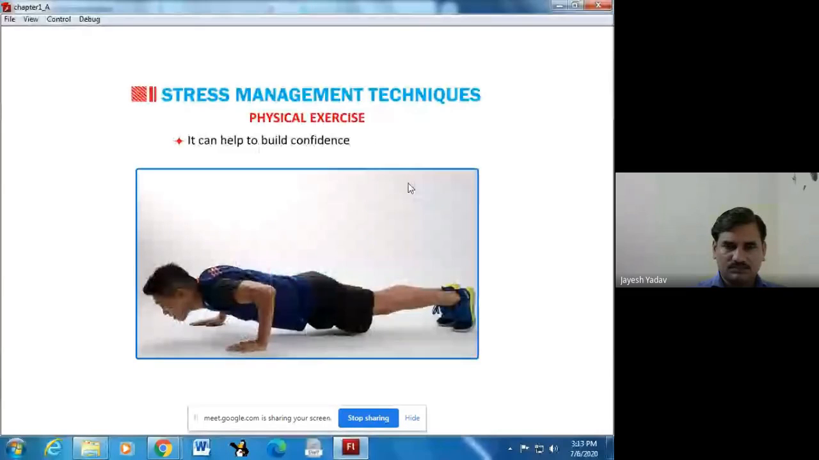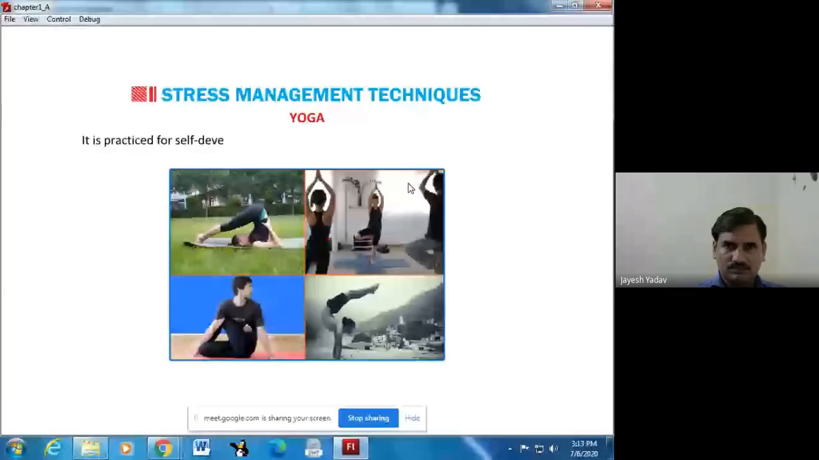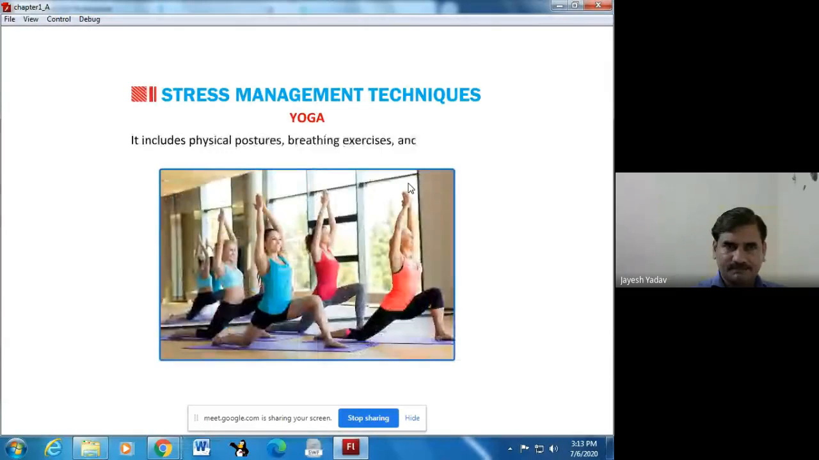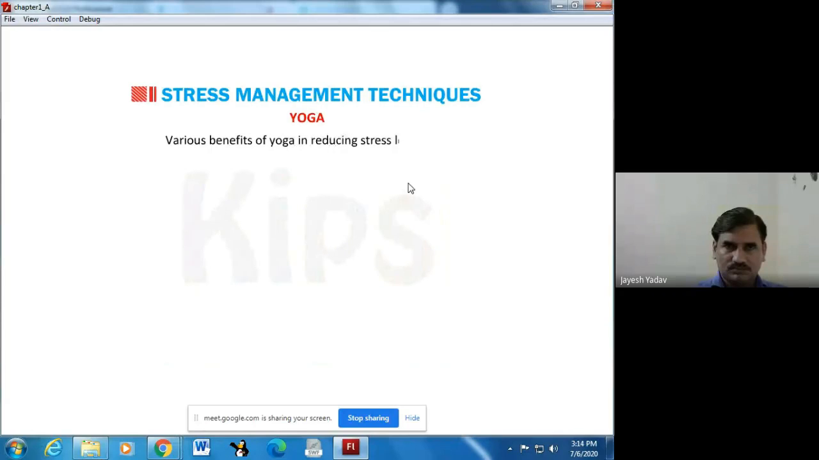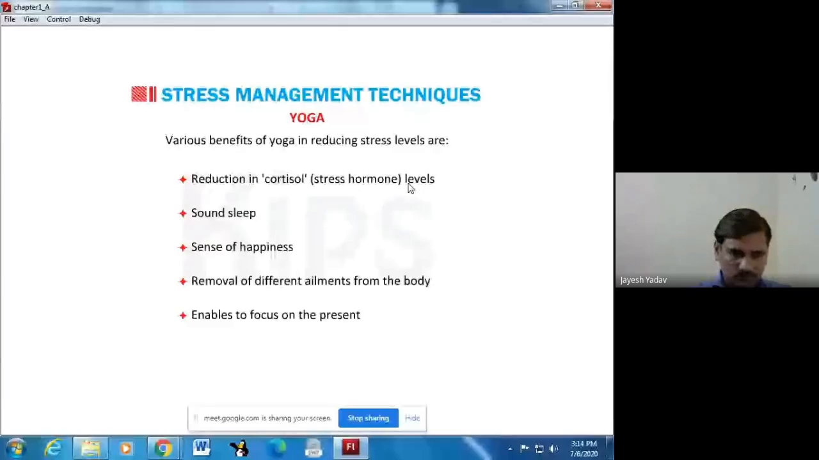Yoga. Yoga is considered to be the finest legacy of the Indian culture. It is practiced for self-development, enlightenment of the soul, and spiritual growth. It includes physical postures, breathing exercises, and meditation. It has been proven that yoga helps in relieving stress and uplifting one's mood. Various benefits of yoga in reducing stress levels are reduction in cortisol, stress hormone levels, sound sleep, sense of happiness, removal of different ailments from the body, enables to focus on the present, emotional control over self,